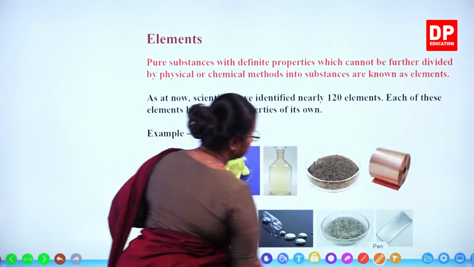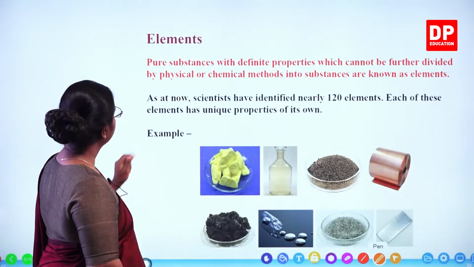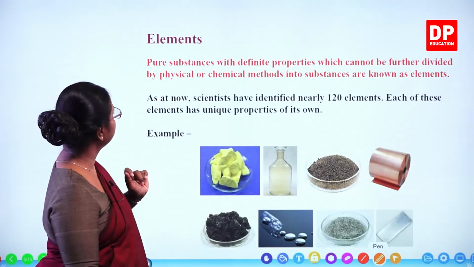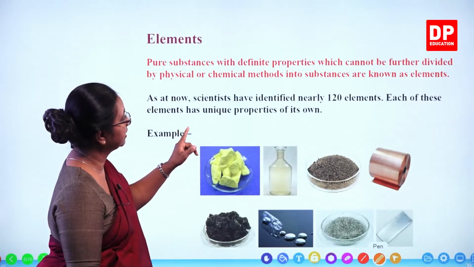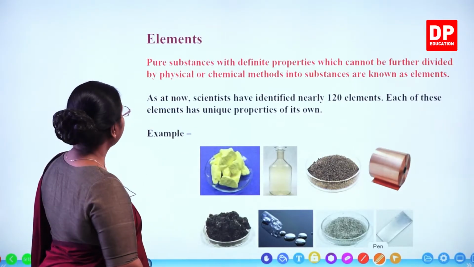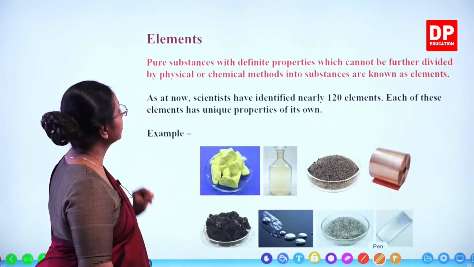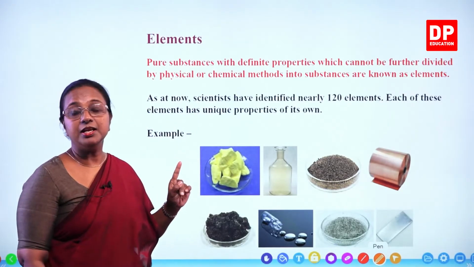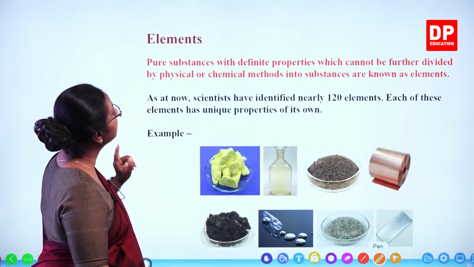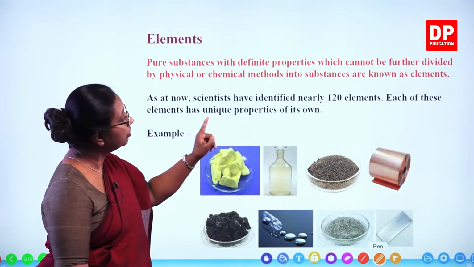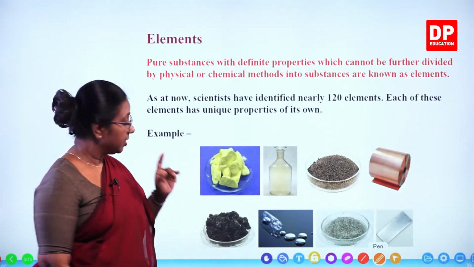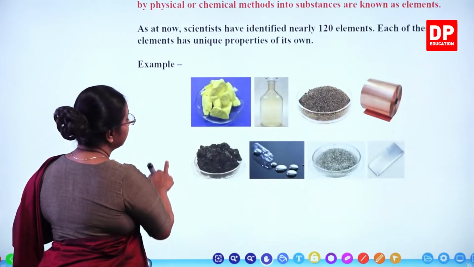So here, elements: pure substances with definite properties which cannot be further divided by physical or chemical methods into other substances are known as elements. Again, try to understand. Elements are pure substances. So they have definite properties which cannot be further divided by physical or chemical method into other substances are known as elements. Is that clear? So here, if we try to understand this definition,